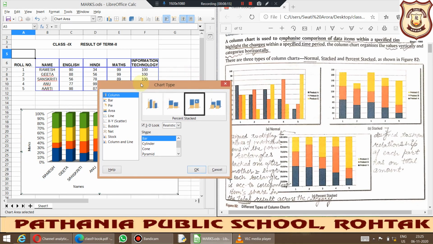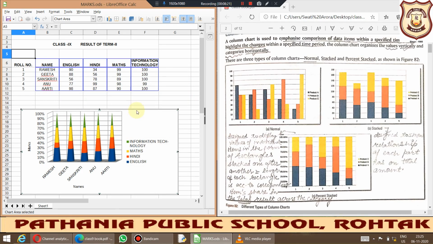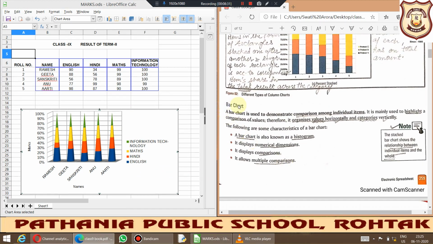Okay, so you may select the shapes, like you want to go with cones, so the shapes will be changed. So accordingly you can bring changes in your graph that you have generated. Okay, so let us move to next chart, that is bar chart. Bar chart is basically for comparison among the different individual items. Okay, so it is just like your column chart, but here we were